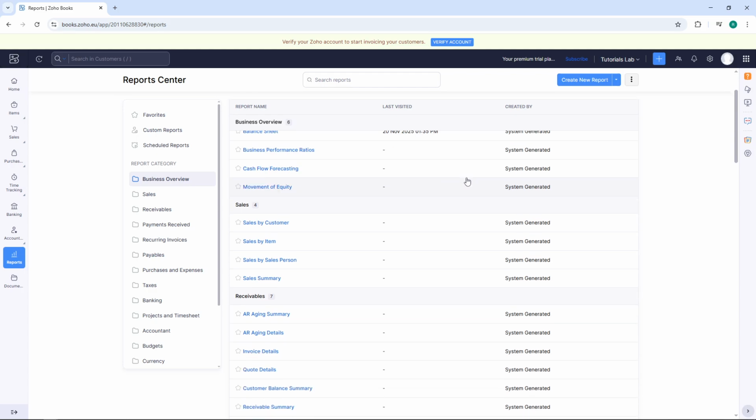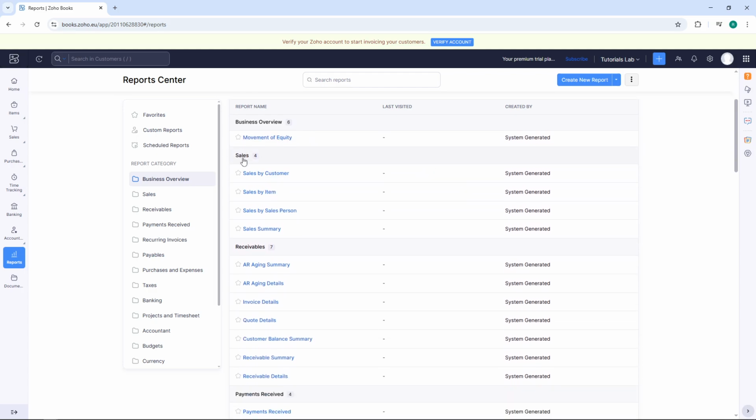Now scroll down to the Sales section. This is where all your sales-related reports live. You'll see several options here, including sales by customer, sales by item, sales by salesperson, and sales summary. Each of these provides different perspectives on your sales data, so choose the one that best fits the information you're